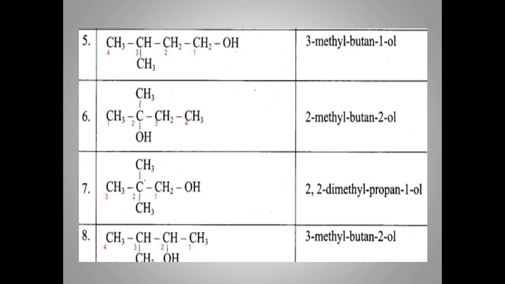Seventh isomer, here 3 carbons are linear and another 2 carbons are branched. We are going to take the linear chain as the root word. 3 carbon means prop. The first carbon possesses alcohol, so 1-ol. Propan-1-ol. In the second carbon there are 2 methyls, so 2,2-dimethylpropan-1-ol. In the eighth isomer, there are 4 carbons in linear, only 1 carbon is branched. The second carbon contains alcohol, so butan-2-ol. The third carbon contains methyl, 3-methylbutan-2-ol.